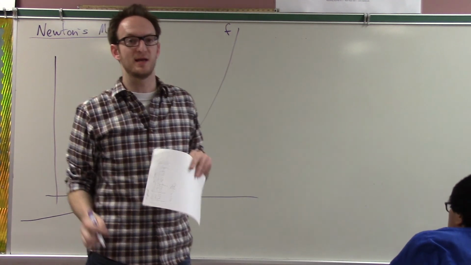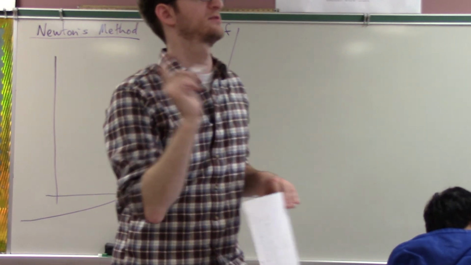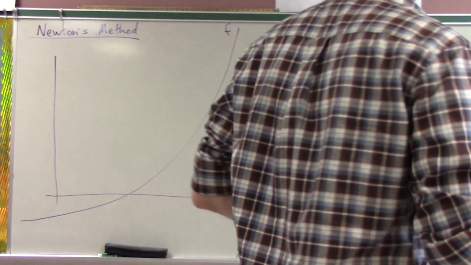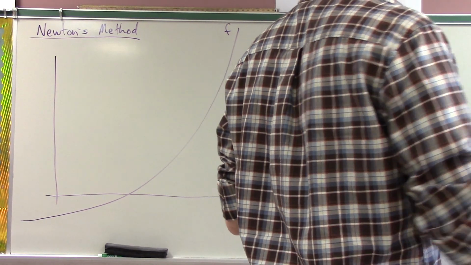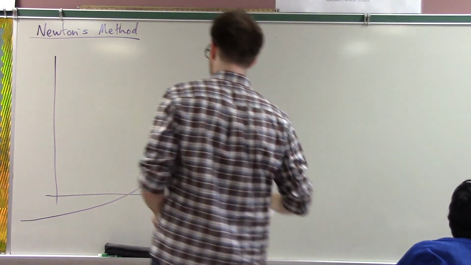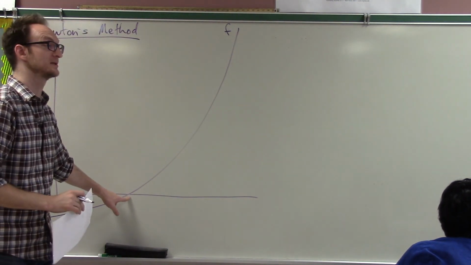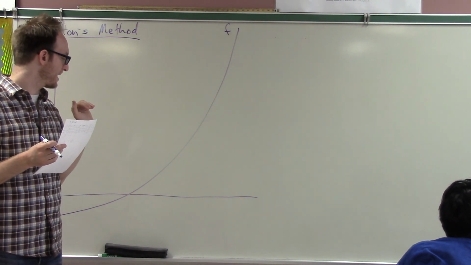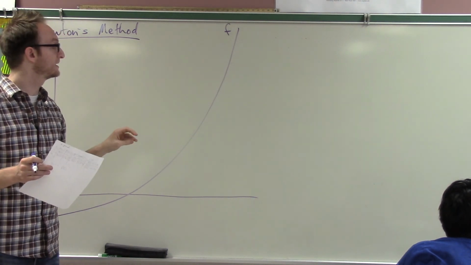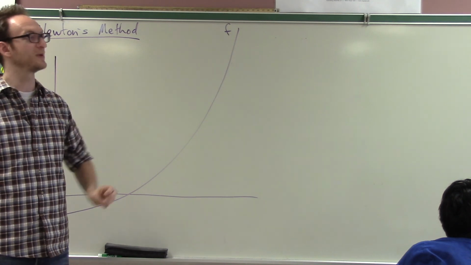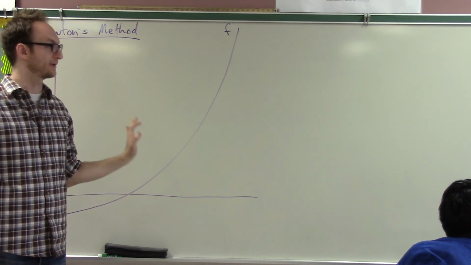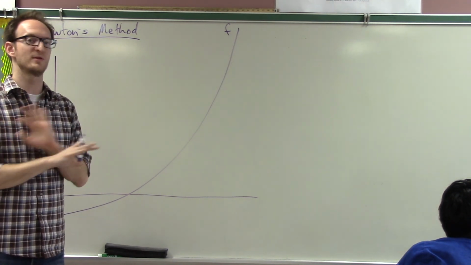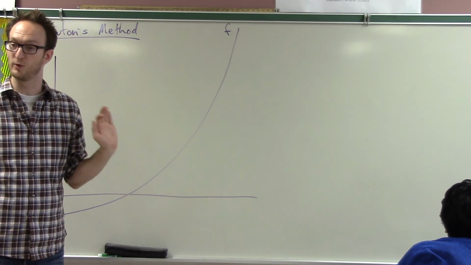And the idea is, Newton's method is used for one thing, and that is to find the roots of a function. So this is a function, and I would like to know when it is 0. Oh, by the way, this method is assumed to be a method that you do if you do not have a calculator. So you can think of this as some 400-year-old thing, which it is,